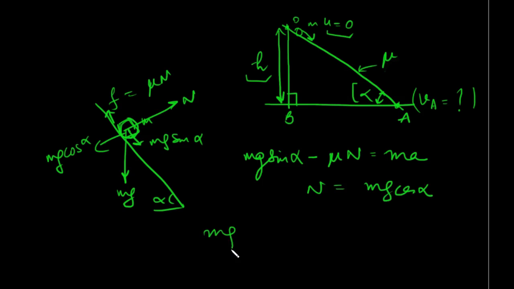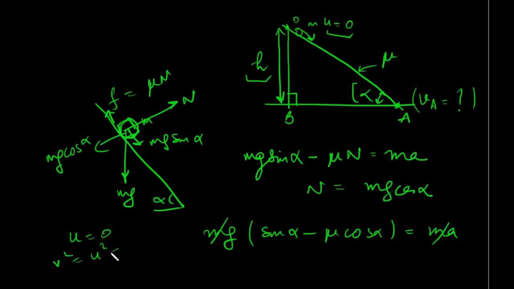Hence, mg into (sine alpha minus mu cos alpha) would be equal to ma. m gets cancelled out. Also, now you see, initial velocity u was equal to 0. By the equation of motion, v square equals u square plus 2as, right? And u is 0. We consider this distance as s. a was g sine theta, so v equals